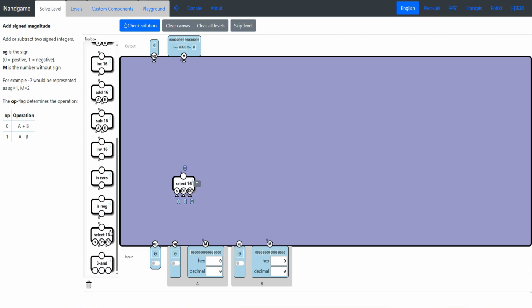So let's grab a couple selectors, one for A, one for B, and we'll hook up the select to the sign bit here. Now if the sign is 0, it's positive, so we can hook our D0 directly up to M. If it's 1, it's negative. So how about we just use a subtract? We won't hook up A, but we'll hook up B to M. So it'll be 0 minus M, and that should give us the negative value of M,